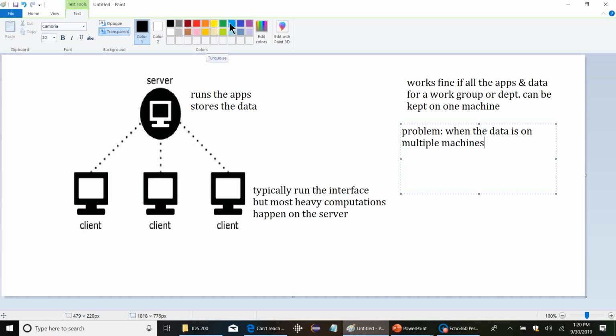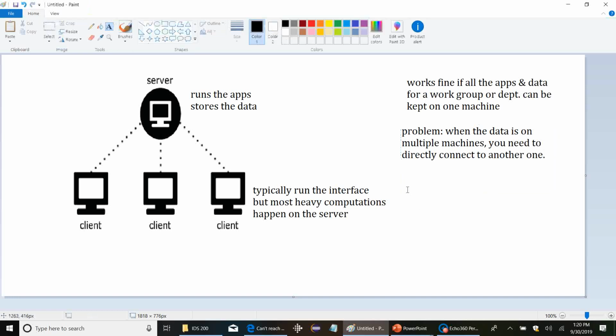It's kind of a hassle to switch machines, right? Even if you've automated that, it's still going to take some time because you have to authenticate who you are to the server to prove that you're able to access that data. It's kind of a hassle. So when the data is on multiple machines, you need to directly connect to another one, okay? And that's a hassle. Other problem,